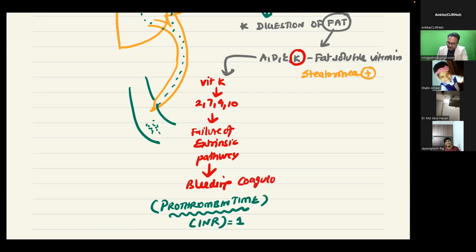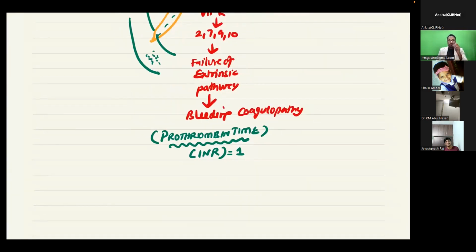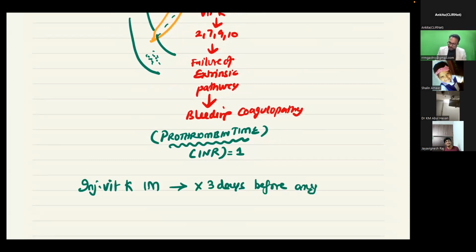What should I do immediately? Before even sending for other investigations, if you work as an house surgeon and you are seeing an obstructive jaundice patient, you have to give injection vitamin K immediately. Vitamin K should be given IM for 3 days before doing any procedure. Before any procedure, like ERCP, sphincterotomy, or any surgery, anything you are going to do, vitamin K is needed